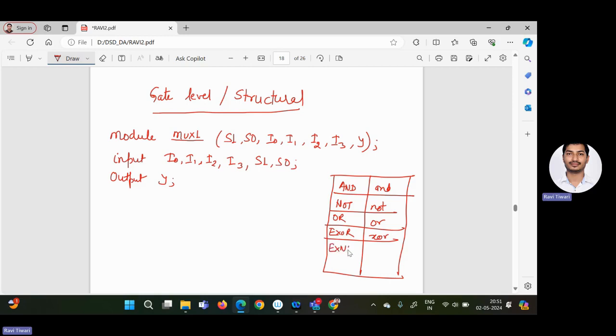For XNOR, we will use xnor, all small letters. Similarly, we have the NAND gate, for which we have to write small nand. So that means for all the gates, we have the name in gate level modeling, and that will be defined in small letters. Now here,